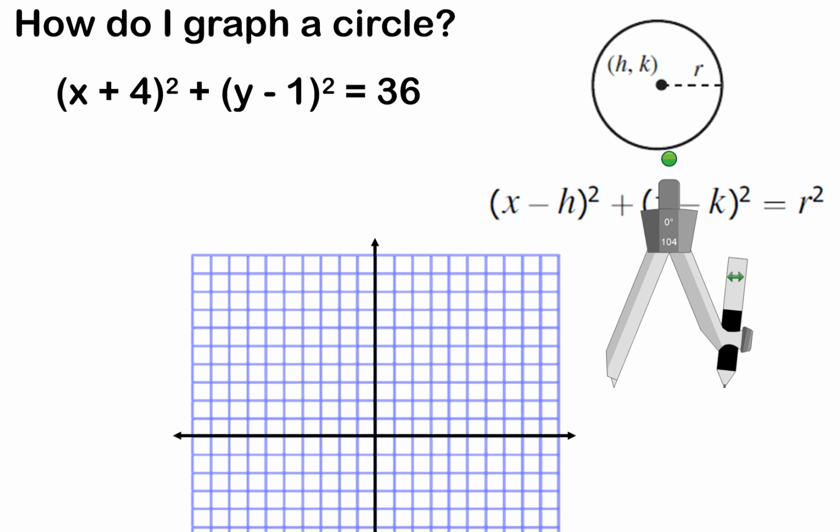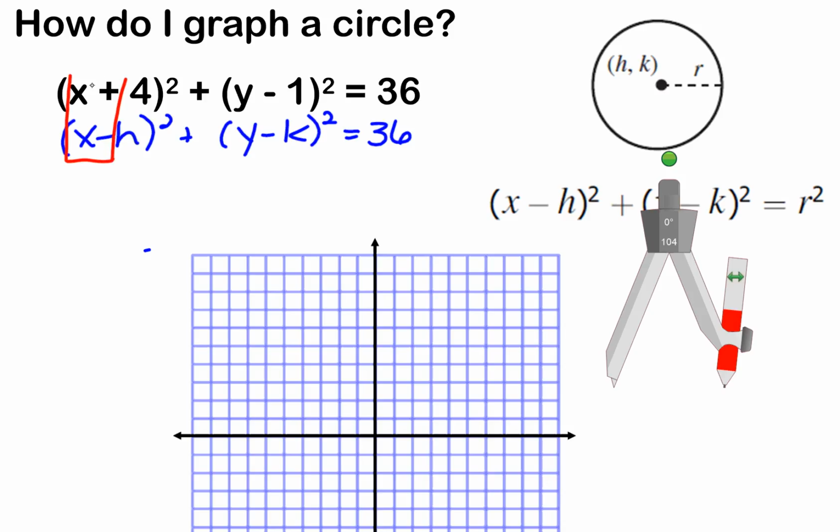All right. So now how do you graph a circle? The way I graph a circle is I have to find the center of that circle. So I write out my equation of a circle underneath. And then what I like to do is match up. I have x plus and x minus, and two y minuses. I know that my plus and my minus do not match up,